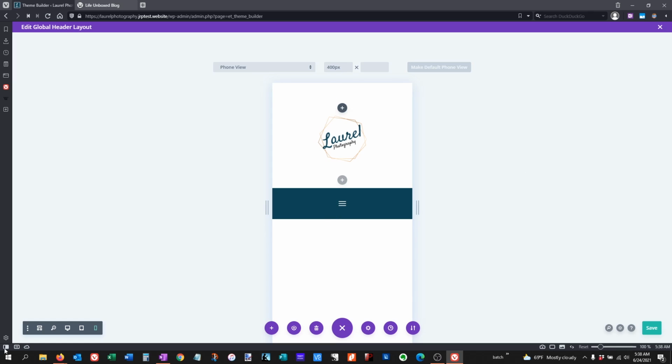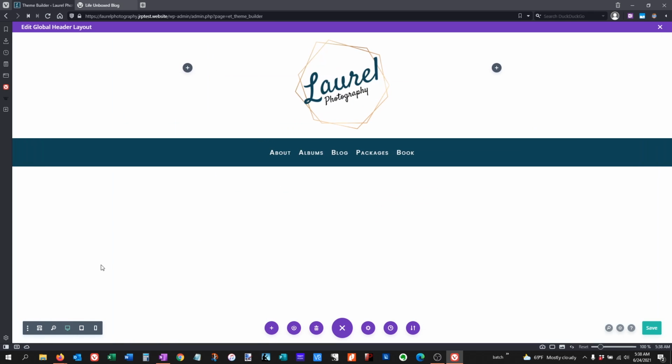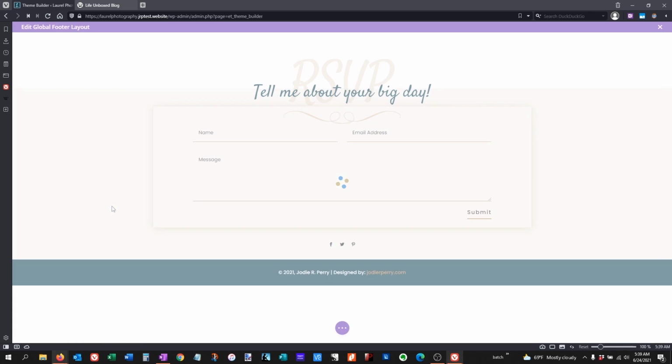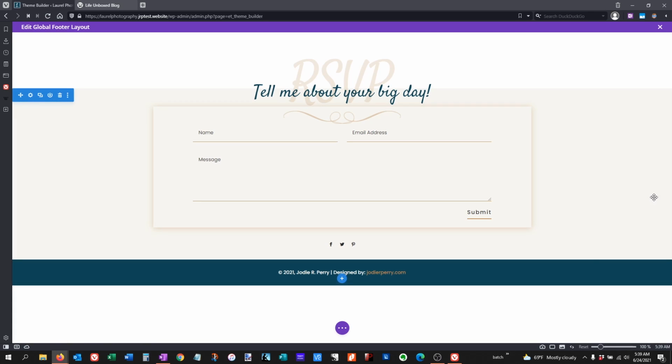So I want to go ahead and check the desktop, make sure nothing changed on there, and let's hit save. Let's close out of the header, and I want to go ahead and hit save again. It's always good to save, just to make sure. So let's start on the footer now. Okay, so we're going to start the same place we started before. We're going to look to see